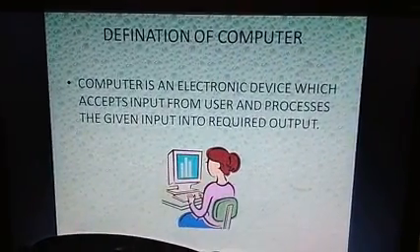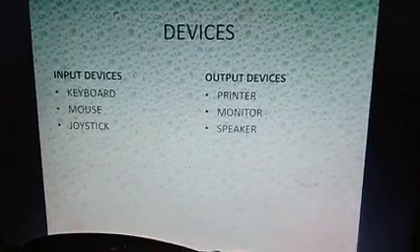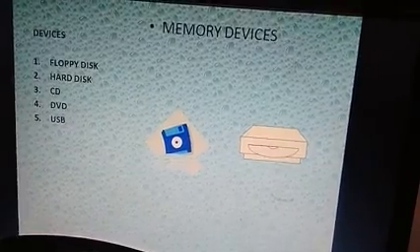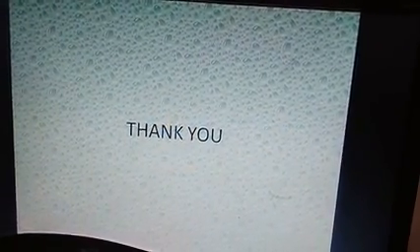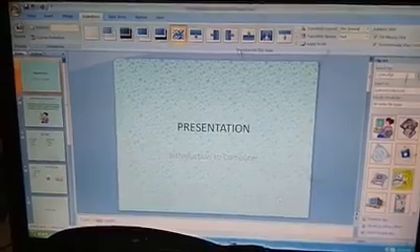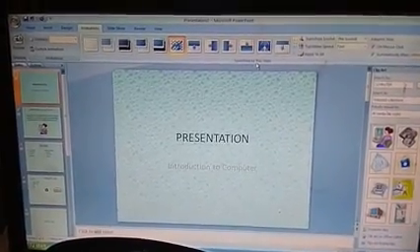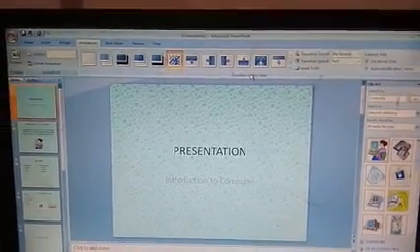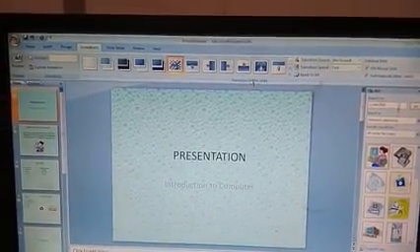After every 2 seconds the dissolve effect appears automatically, all the data appears, and your next slides are displayed automatically. The effect you have given is called a transition to the slide. Transition is the animation effect that you give to your slide.